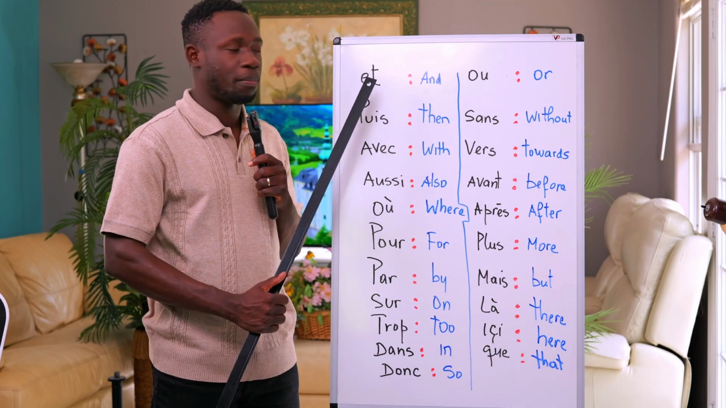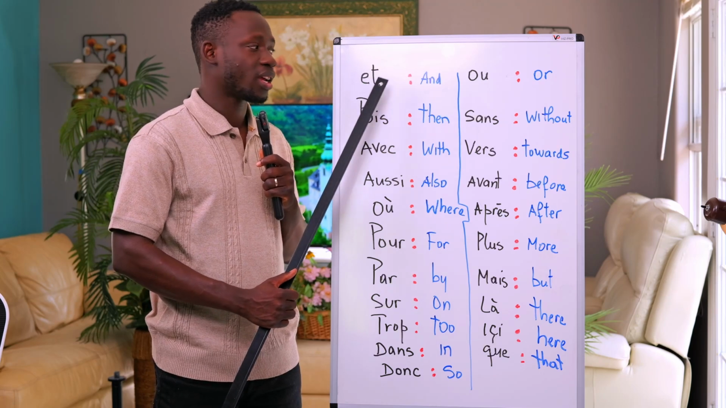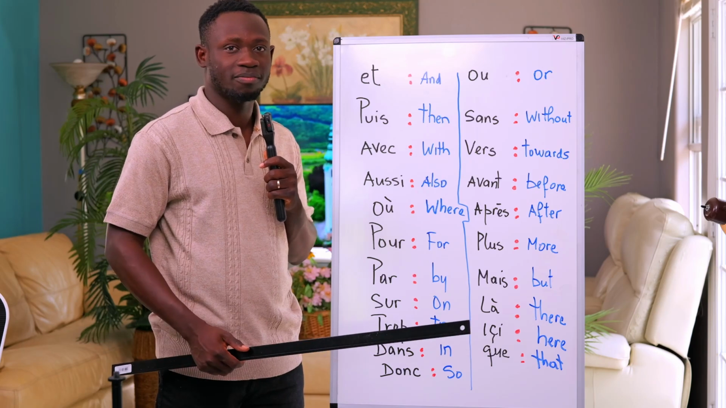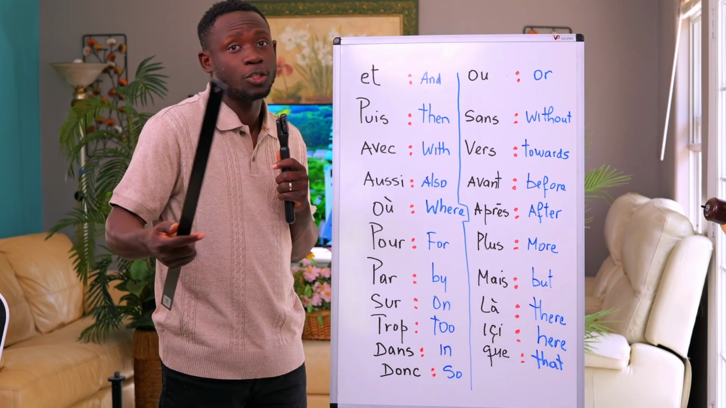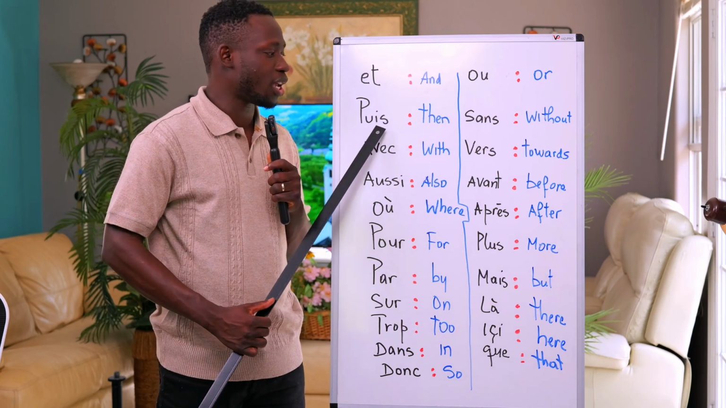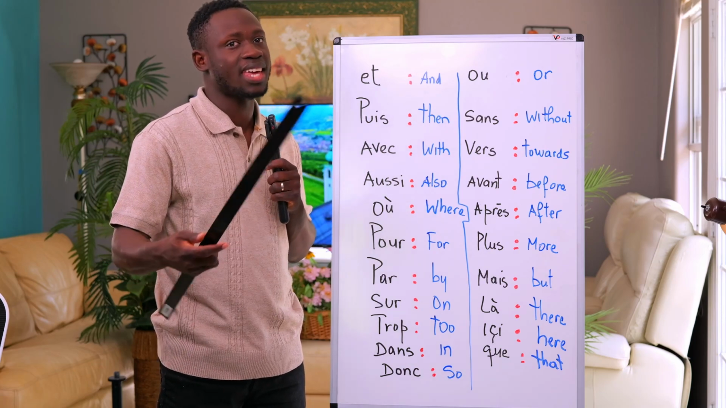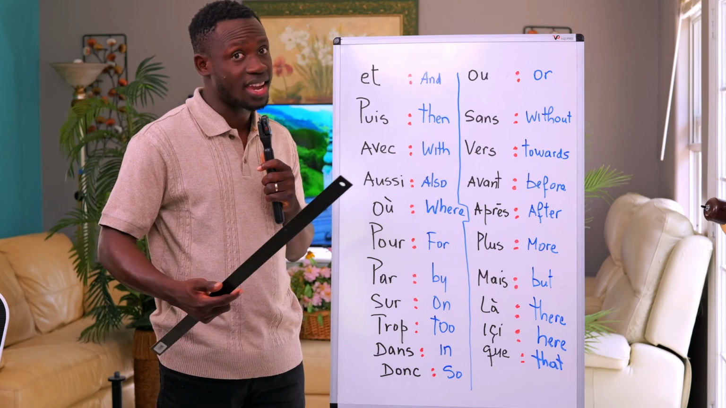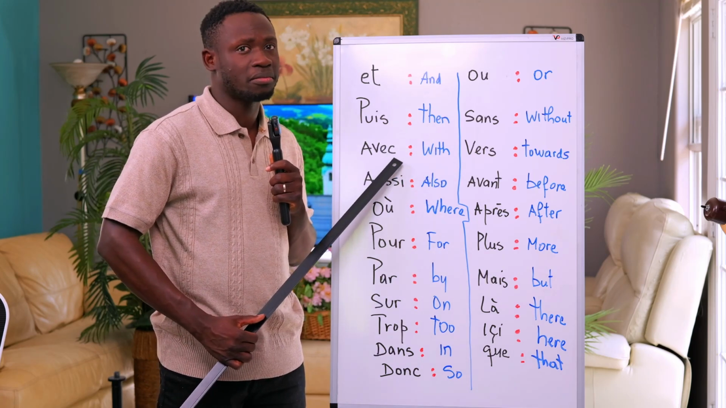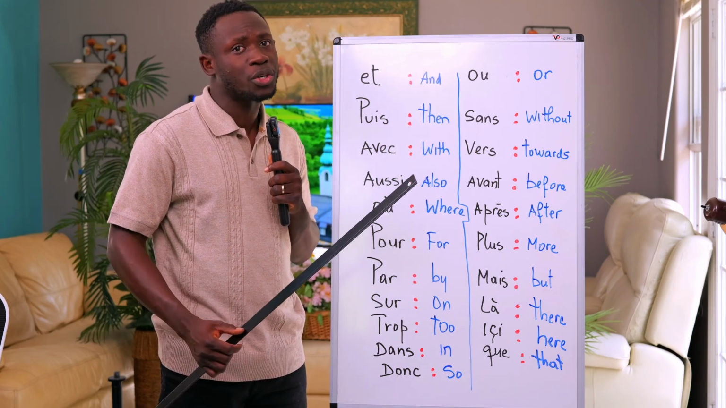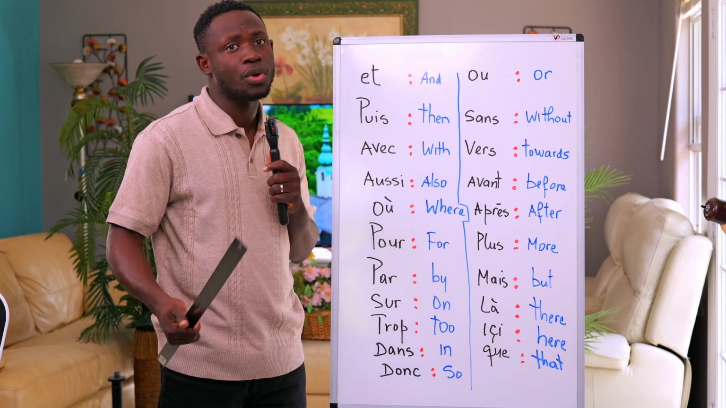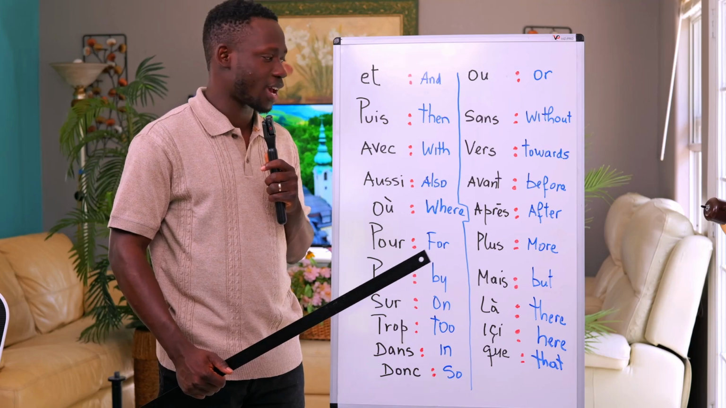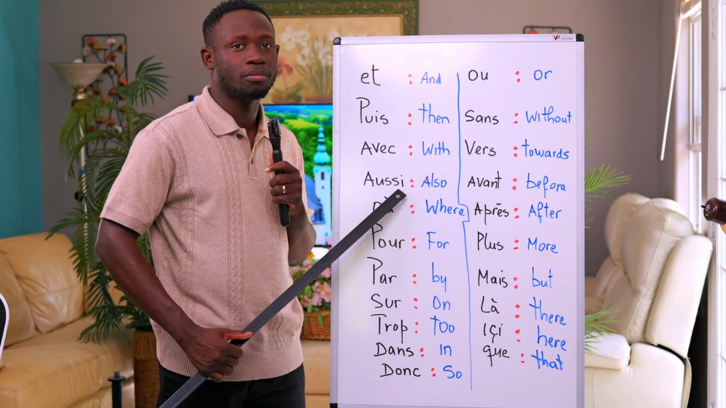Let's make our recap. Jack and Peter like to speak English. Puis, et puis, and then, avec. I see that you are with your brother. With. You are with me. Okay? Also,